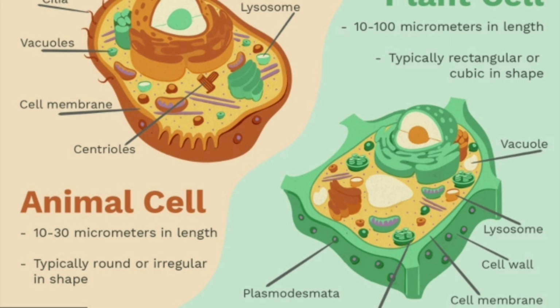Now, let us study the different parts of plant and animal cells. Before that, I want to give you some information about a typical cell. A typical cell is a model of a cell where all the organelles are shown, maybe of plant or animal. All the organelles shown in the typical plant cell or animal cell will not exist in every cell. For example, chloroplasts are shown in a typical plant cell, but not all plant cells have chloroplasts. This is one example to say that.